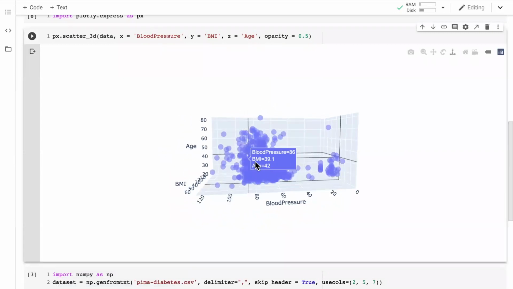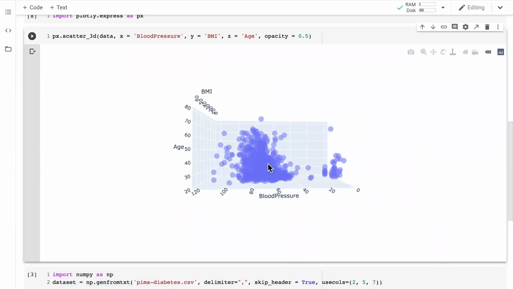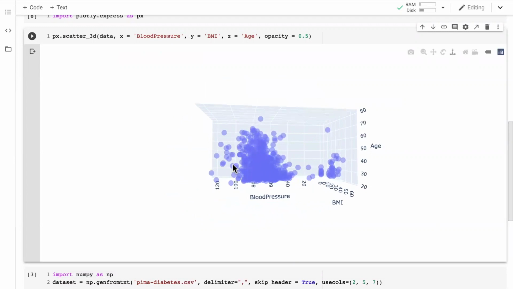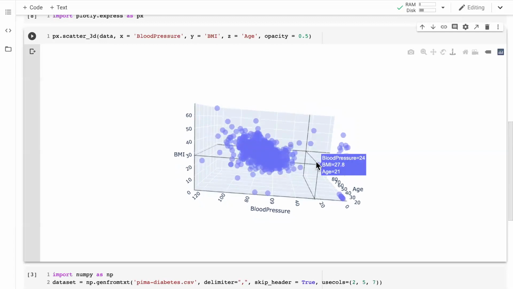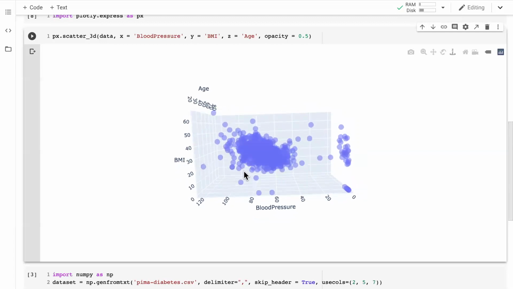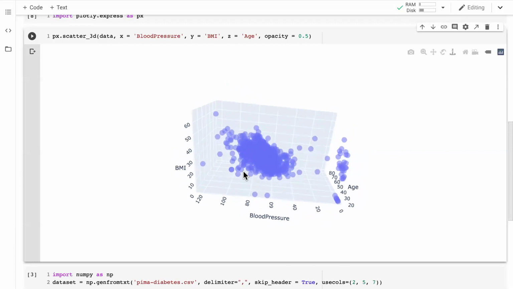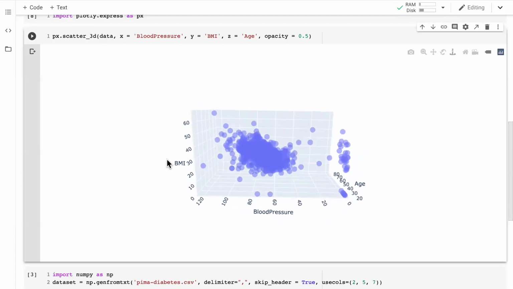see the relationships. So from this side, if I look at the relationships between blood pressure and age, there is some correlation, but not much. As blood pressure increases, age also increases. We can also check the relationship between blood pressure and BMI. So here we see that as blood pressure increases, BMI also slightly increases. So in this way, I can observe or play around with the scatter plot to check the relationship between